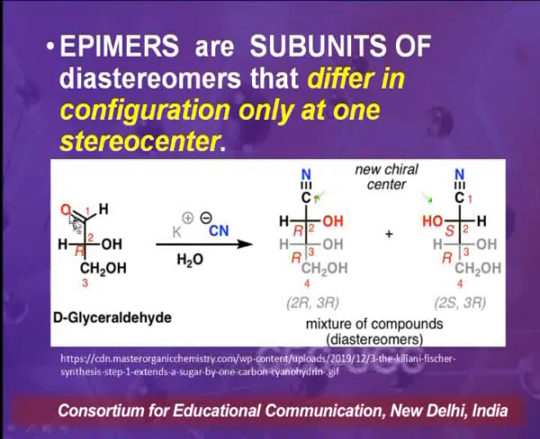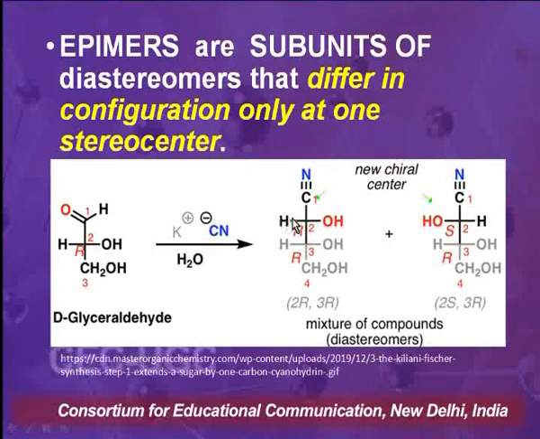So this will undergo nucleophilic addition reactions, and when we carry out the reaction with KCN in presence of water, we have HCN in this case, that is, CN will make a bond with this carbon here and H will go and make a bond with O here. So what will we get? We will get a nitrile group introduced here, and in the process you've generated a new chiral center.